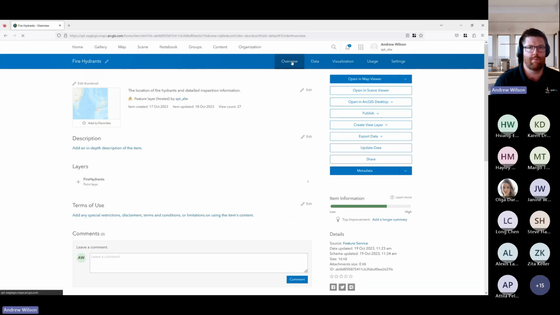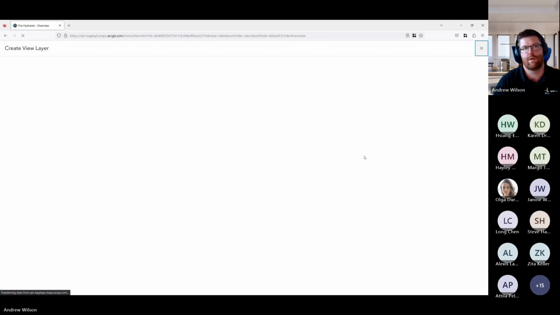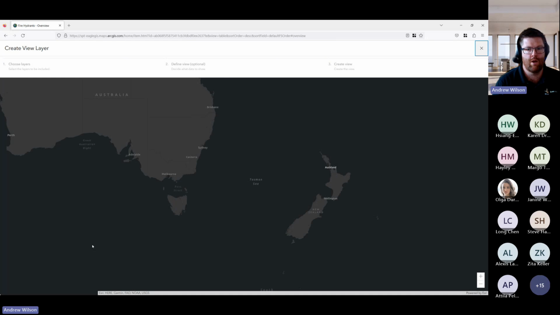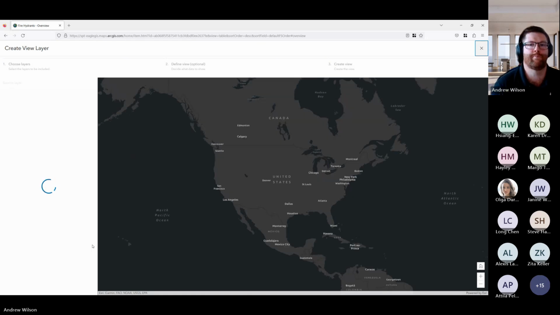So once I've got that set up, what I'm going to show you is what is quite a powerful tool, and it's create a hosted view layer. So I'm going to walk through that process now. And what we're going to do is we're going to create a view to make this data available for public.